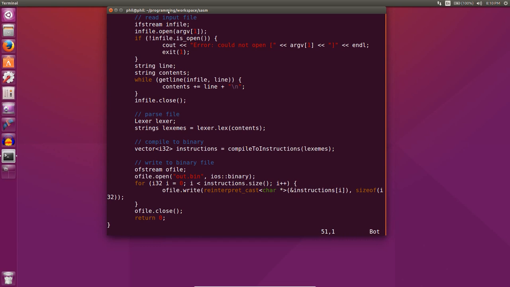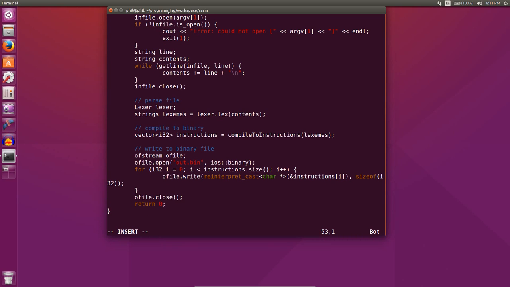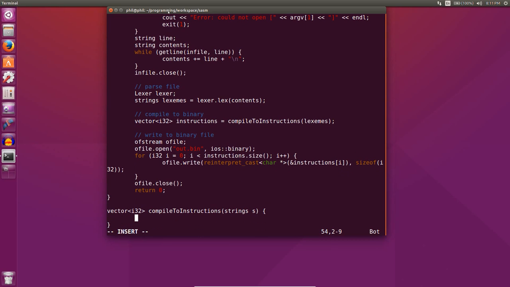So now that we have our function created, all we have to do is write our other functions that we need, our supporting functions like compile to instructions, and that'll be about it, I think. So let's do that. Vector I32, compile to instructions, and we'll take strings. And what we'll do with that is create a vector called instructions,